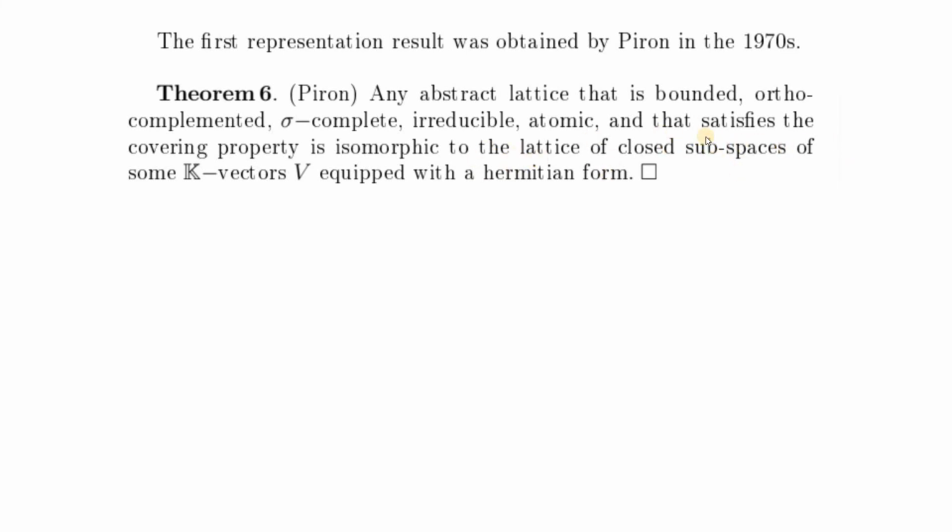And recall that there is a one-to-one correspondence between closed subspaces and orthogonal projectors. So what this is telling us is that our abstract lattice is indeed isomorphic to the lattice of orthogonal projectors, but in